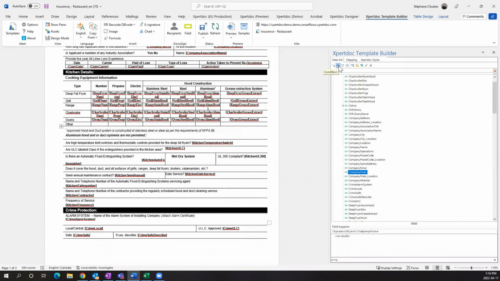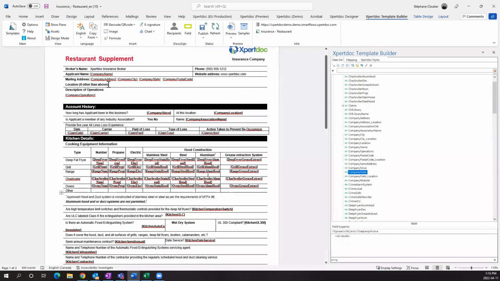So this is the condition. We also have looping. Looping would be to, let's say, in my case, for the claims, we could have multiple claims in one application. So we have one line here, and all we have to do is loop over all the claims that we'll enter on the form, and the table will grow automatically based on how many items there were. And there are other advanced options, but this is how the template is being generated.